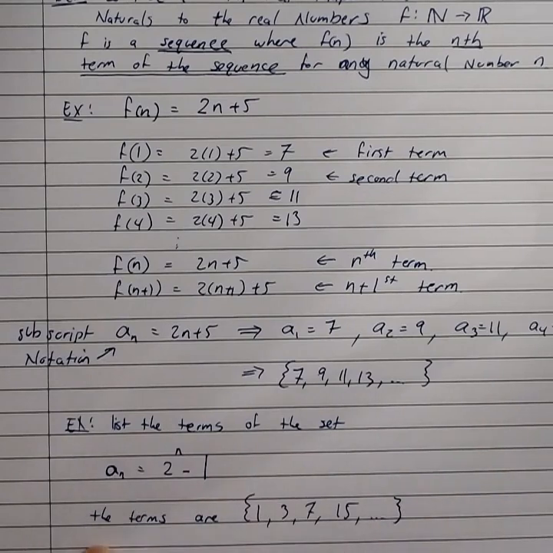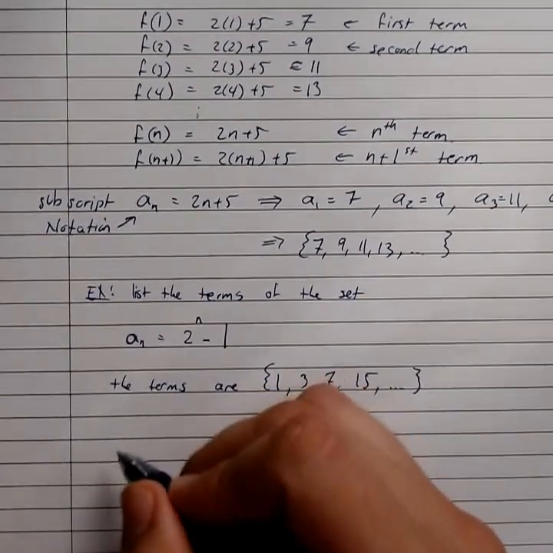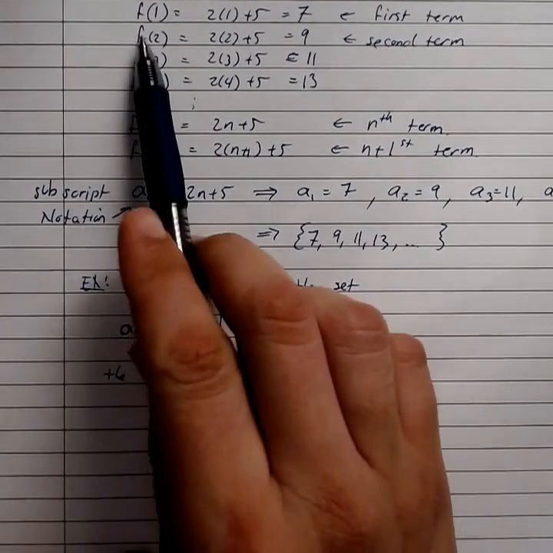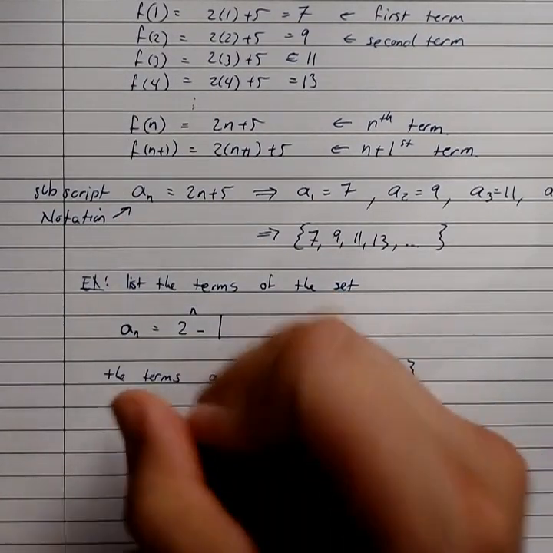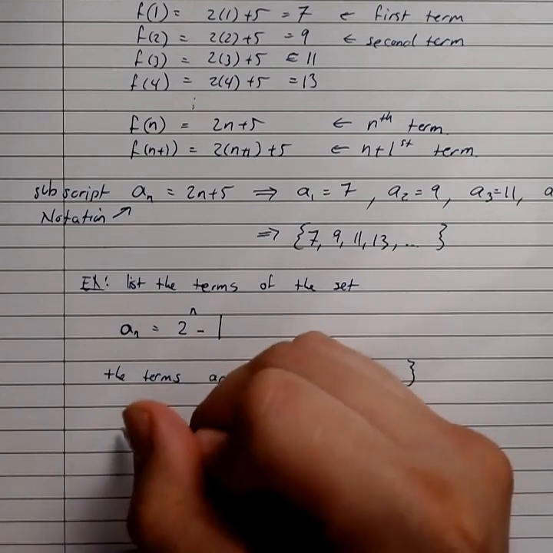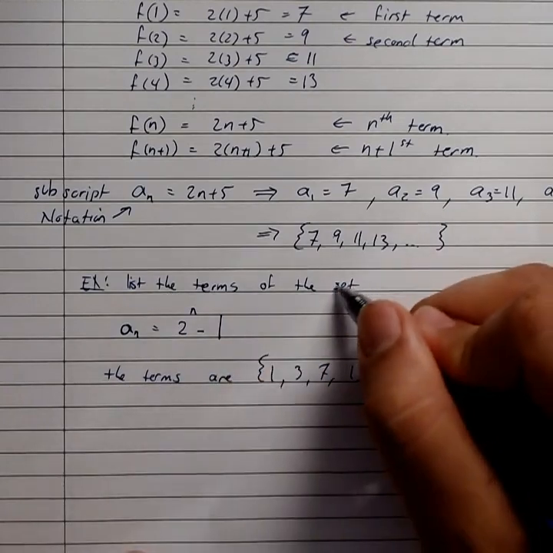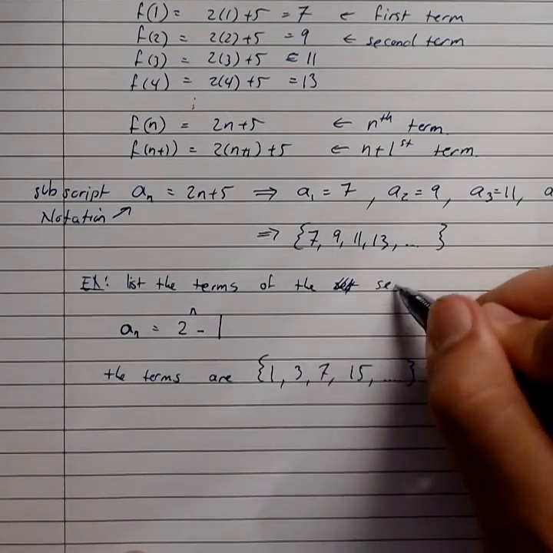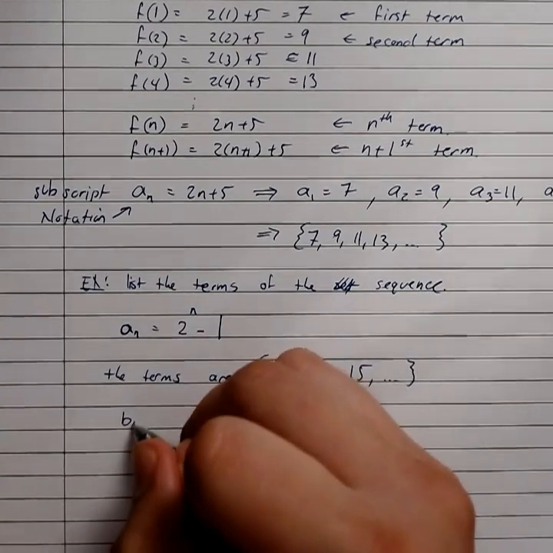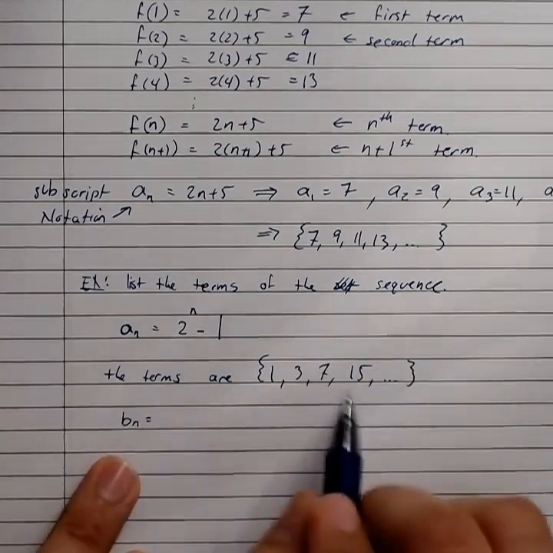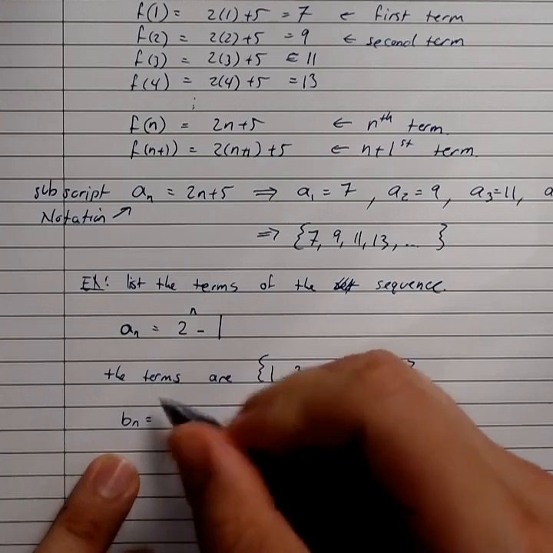Note that the A doesn't always have to be an A. We can often distinguish between different sequences by using a different label, just like when we have function notation, F and G are used for 2 different functions. Here we can use A or B or C. So for example, another example would be we could list the terms of the sequence. I guess it should be of the sequence, not the set, but let's be a little more specific. Here, let's say B sub n is equal to, and of course these don't have to be whole numbers or integers even. We can have something like